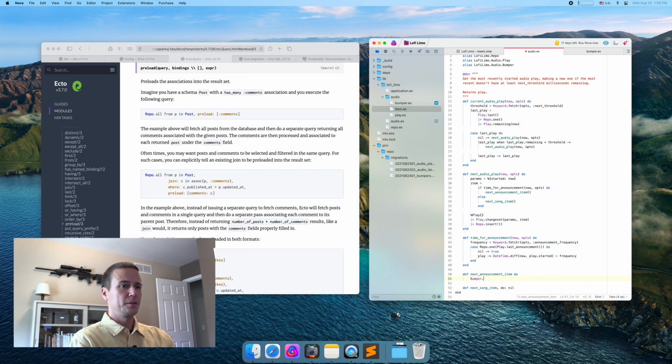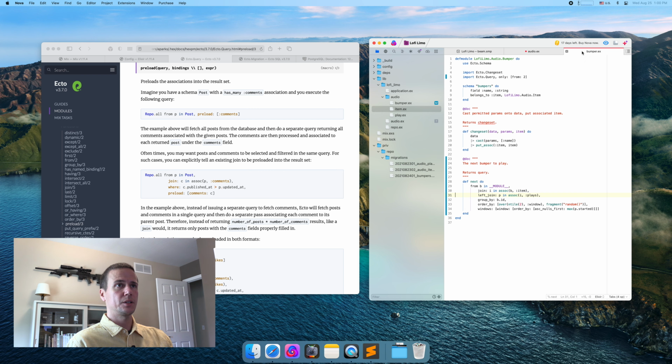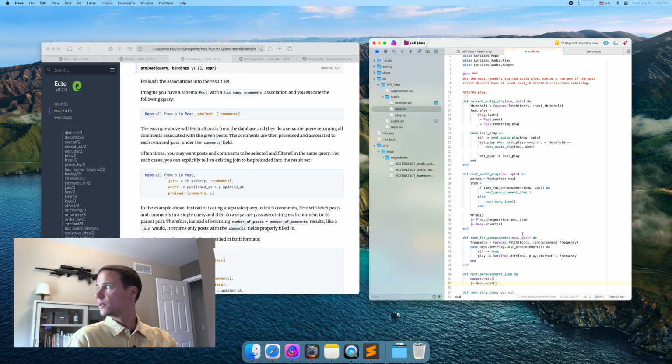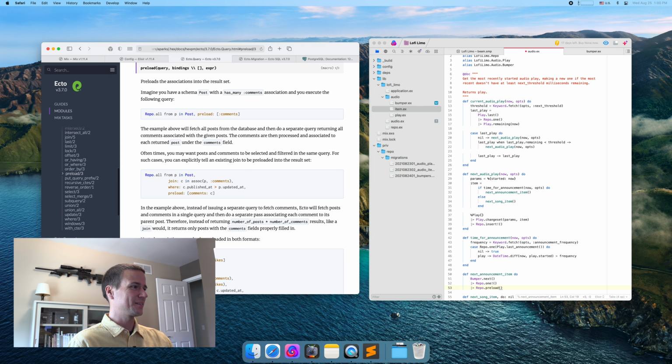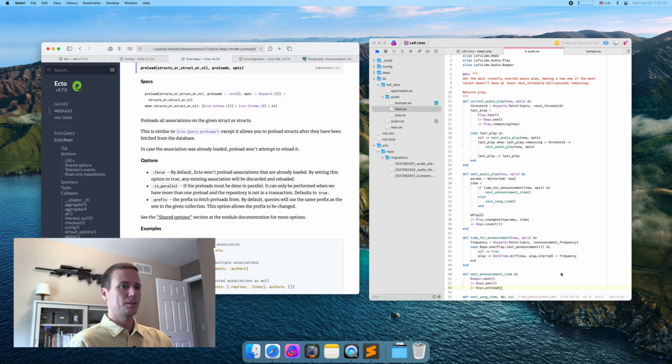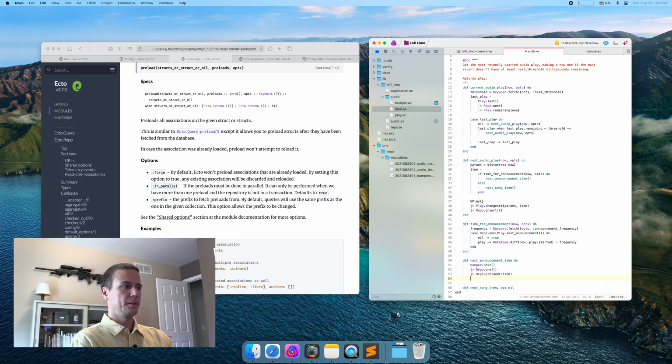Okay, so bumper.next, pipe that into repo.one. Did we? Yeah, we better. One, we were just playing around, but now it's time to get serious. Then we gotta preload. Now I want that other documentation. All right, that's just item. And we're returning the item specifically, so I guess we can